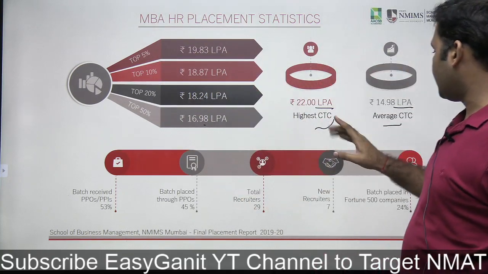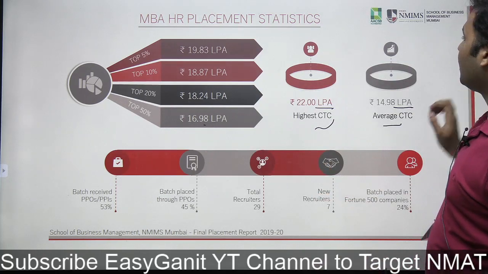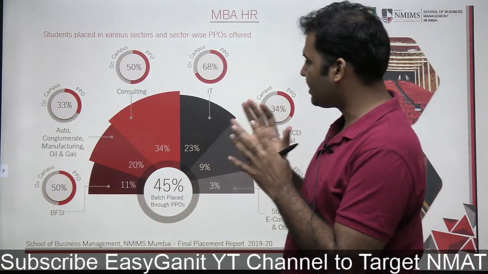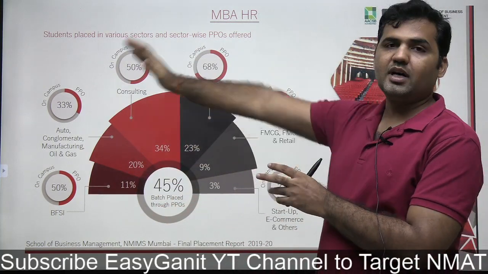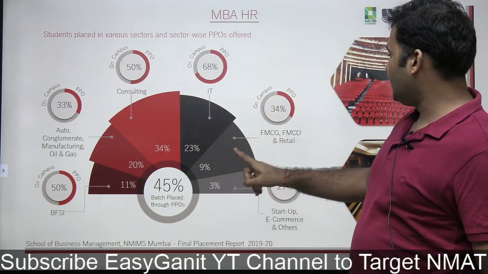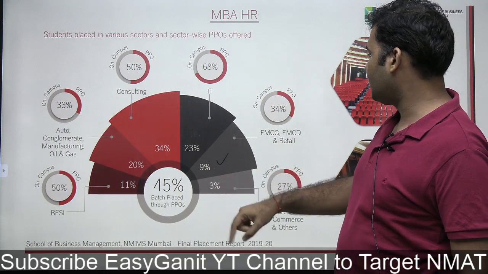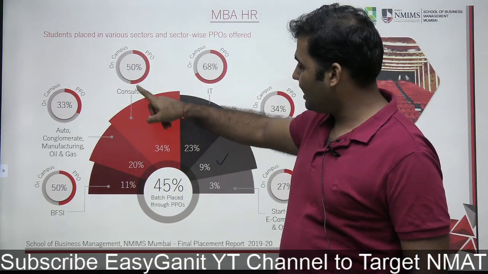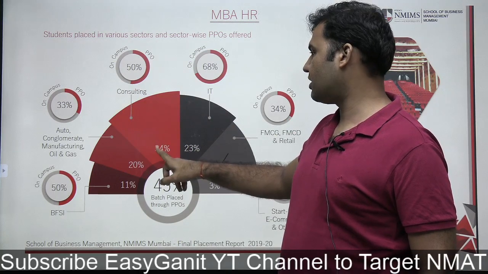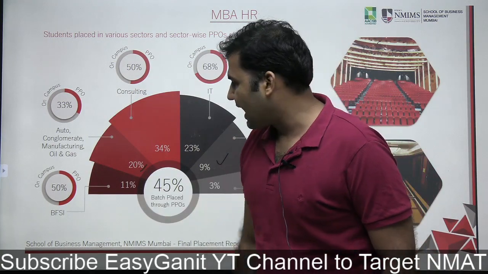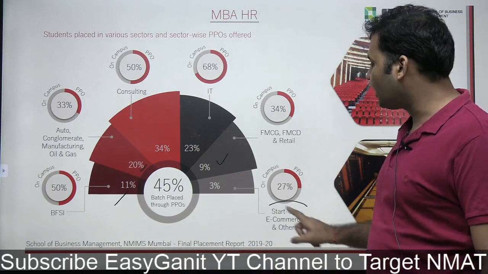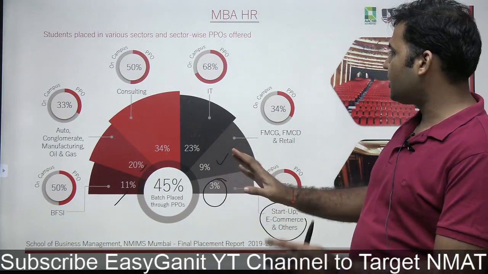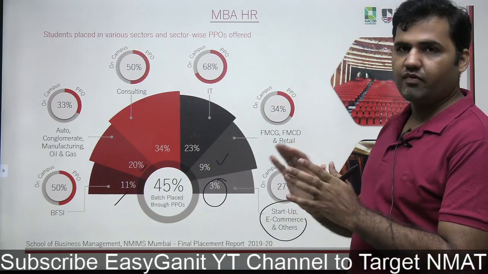But if you look at the industries, what I particularly noticed in this whole slide is that the industries where the students from the HR program from the Mumbai campus are going are similar to the general management programs. FMCG, 9% students got placed; 23% got placed in IT. Consulting में सबसे ज़्यादा बच्चे जा रहे हैं, 34% HR में. Auto, manufacturing, oil and gas, and conglomerate, 20% बच्चे. And BFSI में 11%. So banking finance में I guess काफी कम है, right? स्टार्टअप और ई-कॉमर्स में बहुत कम बच्चे जा रहे हैं HR के. HR का जो major placement है वो consulting में हो रहा है. It's a good factor, right?